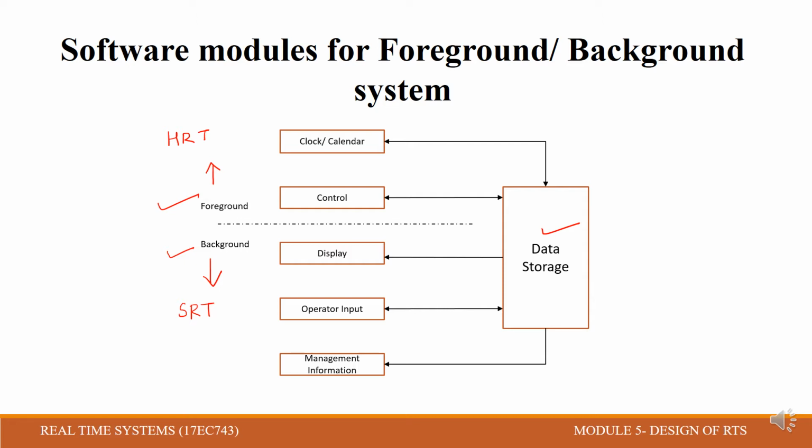Suppose you take an example of a hot air blower. In the case of a hot air blower, the control task, display task and operator input are always required in order to share the controller parameters. Without the controller parameters, it cannot display. So every module has to be linked. Though they are separated, they have to be linked, and this linkage occurs because they share common data variables.